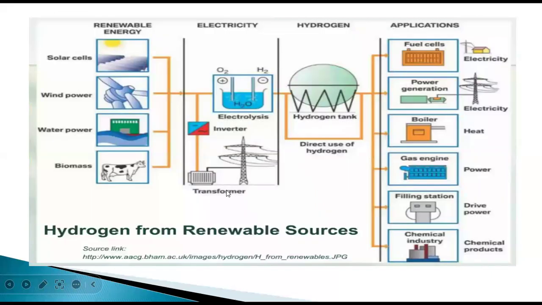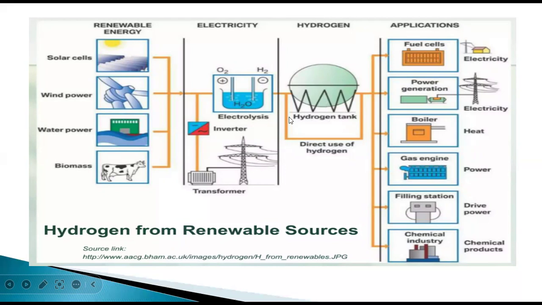Okay, and then next coming to hydrogen from renewable sources. First, these are the different types of sources: solar cell, wind power, water power, biomass. These are the different types of renewable sources. From these sources, we can generate the electricity, and then we can transfer the generated electricity using transmission lines, and that can be utilized in